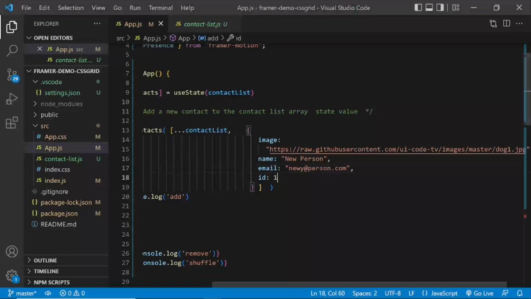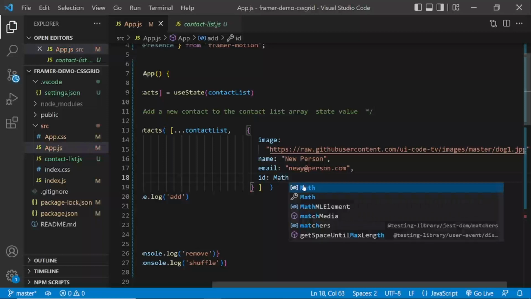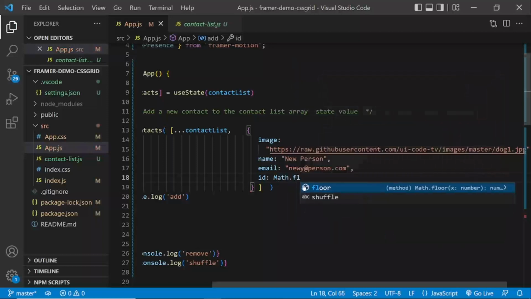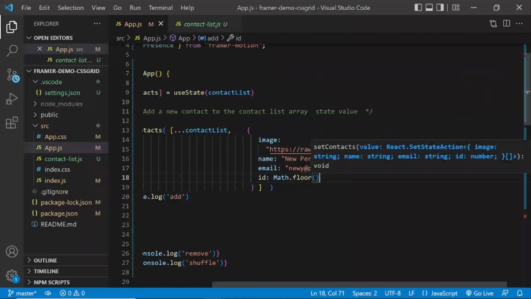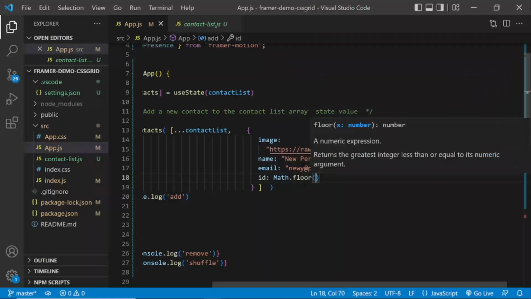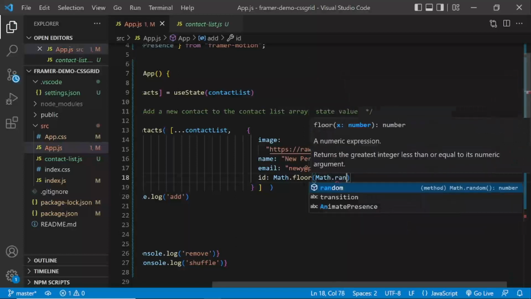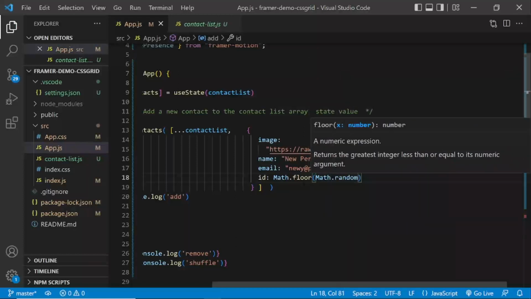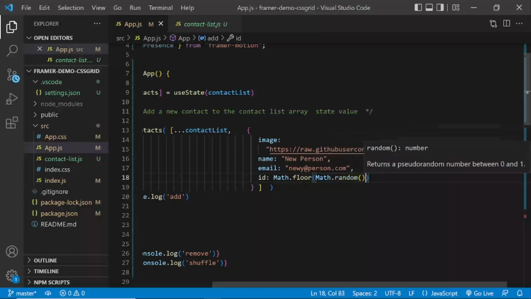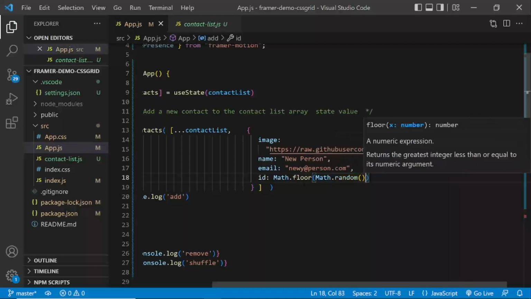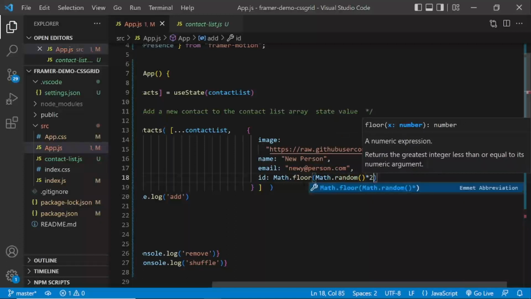For the ID, we're going to generate a random number. Now, this is not the correct way to do it, but for this demo we need a sort of unique ID. So I'm going to say Math.floor, then open close brackets, and within there Math.random, open close brackets again, and then times by 2000.